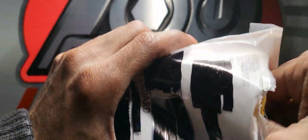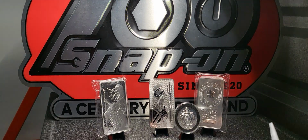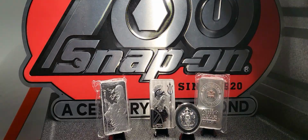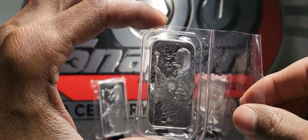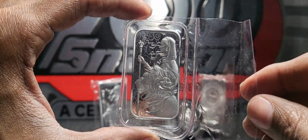So we're going to get this out. Some paperwork in here. Let me get this paperwork out of the way. All right, so what I had to do is order another Owner and Lion 1-ounce